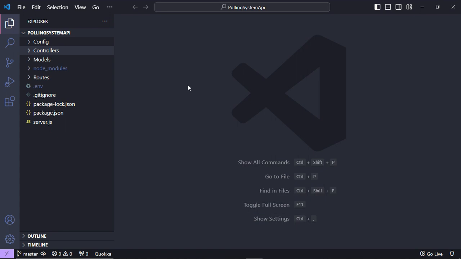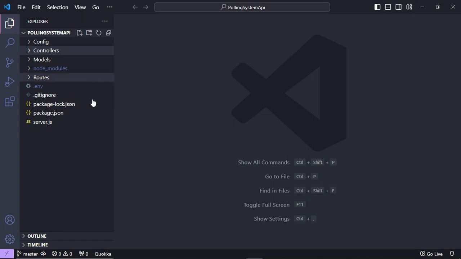So now I am going to explain the folder structure of the project with the name polling system API, and that particular API will allow the user to create questions. Against each and every question there will be a provision to add the options. Then against each and every option there will be a provision to add the vote. And again, further, the added vote can be removed, the added options can be removed, followed by the question itself, which again can be removed.